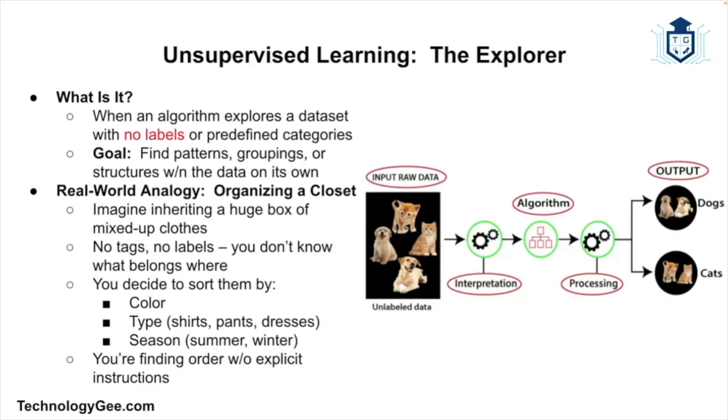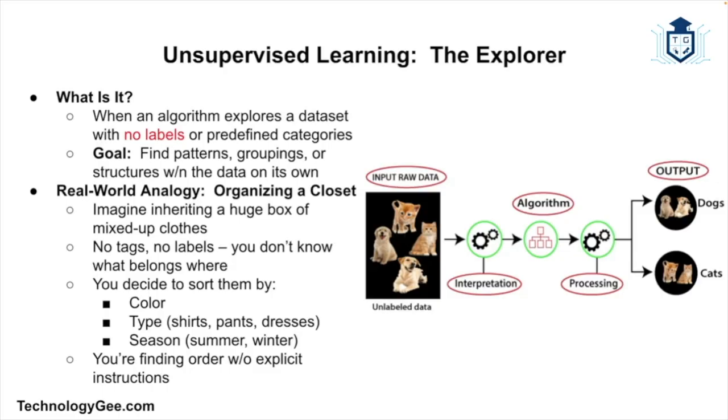And this is the adventurous cousin of supervised learning. So, exactly what is it? Well, unsupervised learning is like being dropped into a new city with no map, no guide, and no idea where you're at. Your job is to explore and find patterns on your own. In AI terms, this means you give the machine a data set with no labels. The algorithm explores the data and tries to group or organize it based on similarities.